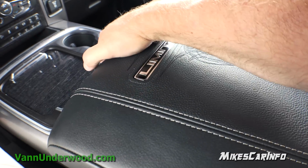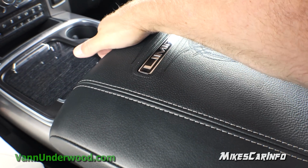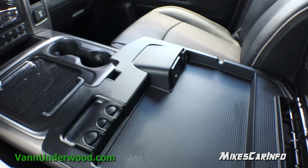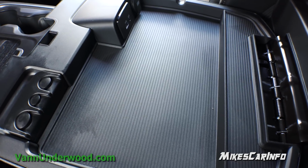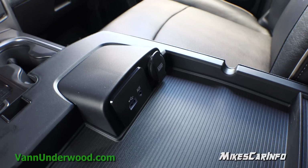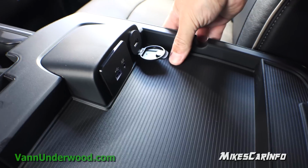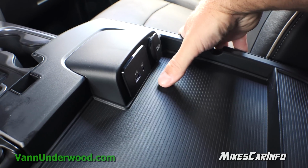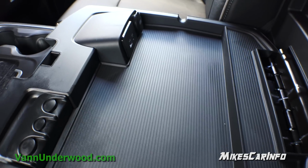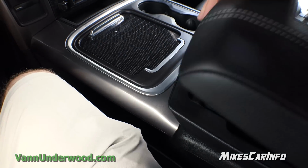Okay, so this lifts up, and this actually lifts up in 2 portions. So it's kind of like a clamshell. So the top portion is right here, giving you some more storage space. You can put a tablet or whatever right in here. Has a USB charger right there. So that's just for charging. And then your USB and auxiliary inputs are right here for your radio. Place to put some coins. Now this whole thing lifts up,